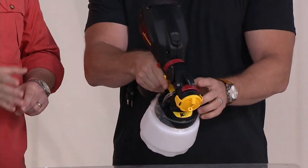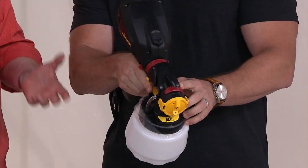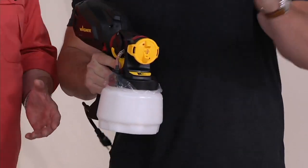Yeah. This is the new Wagner power sprayer. It is the way to paint indoors or outdoors. If you've got a staining project for a deck, for me, I literally used it to stain an entire barn. Yeah. I just did a house 2 days ago. Yep. With the power sprayer, and what I love about it is I never pick up a paintbrush or a